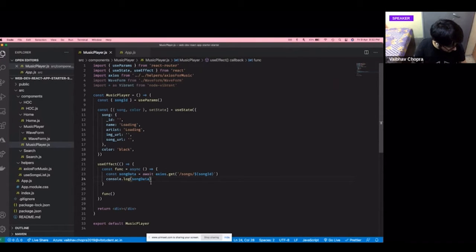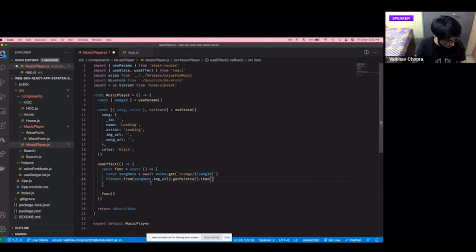So here we'll call vibrant dot from song data dot image URL, song data dot image URL. I'll get the palette. You can read the documentation to understand what all other functions are available, but this is the function that we require.